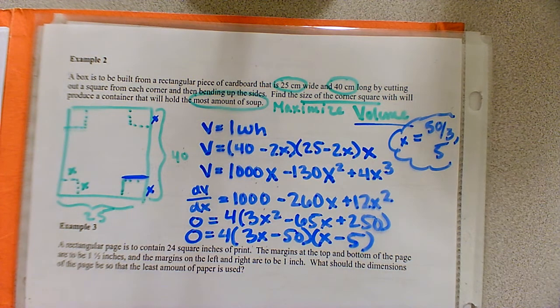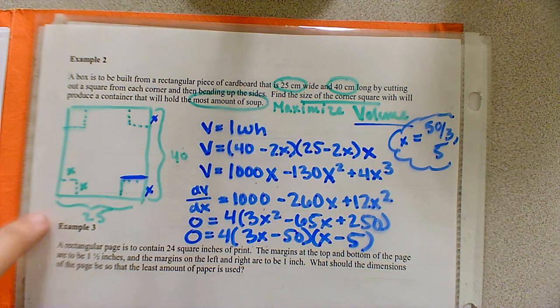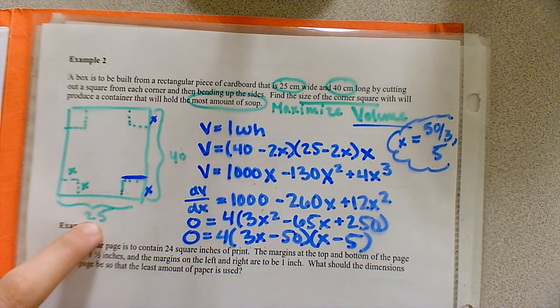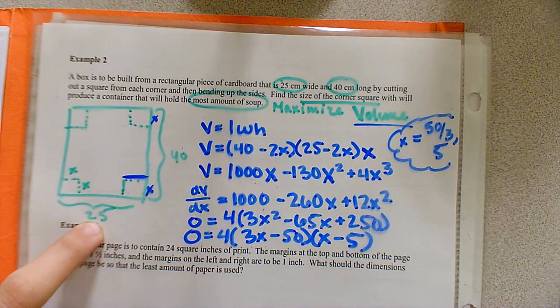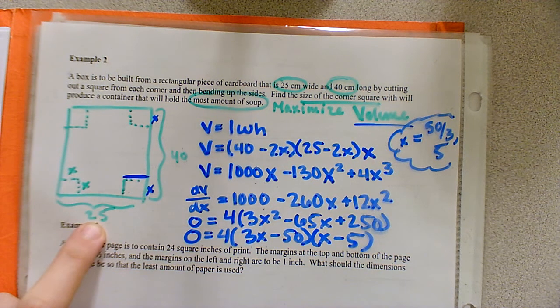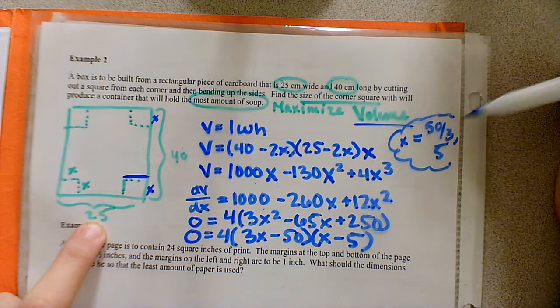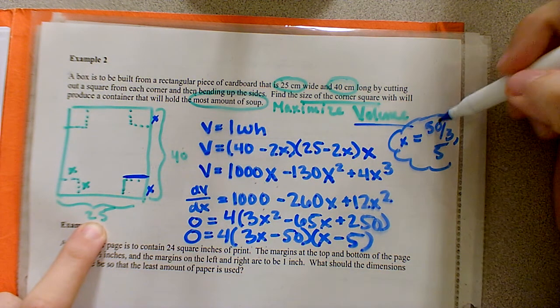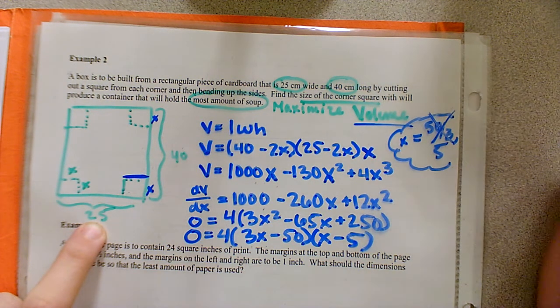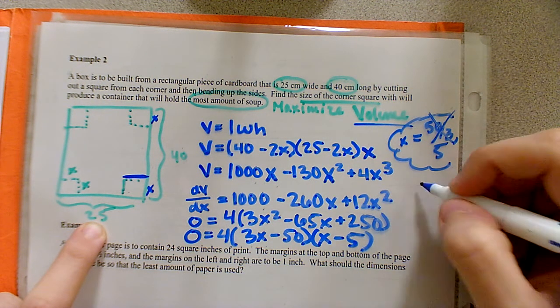Now, if we think about if we actually have to test both of these or none of these or just one of them, we're going to go back to our picture here. And notice how I can't make a cut more than half of 25, so more than half of 12.5, because there's no way I can cut more than half on each corner because I only have 25 centimeters to use. So since 50 over 3 is more than 12.5, we can rule that one out. So it looks like our only critical point is 5. So if we go ahead and test it,